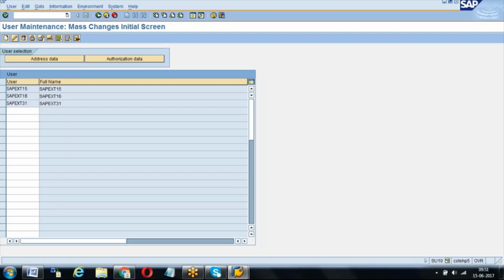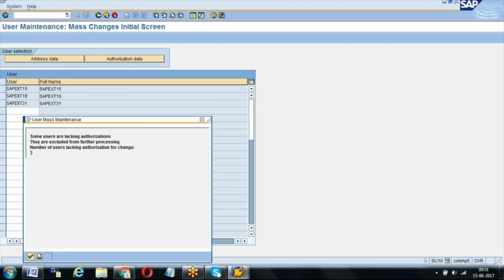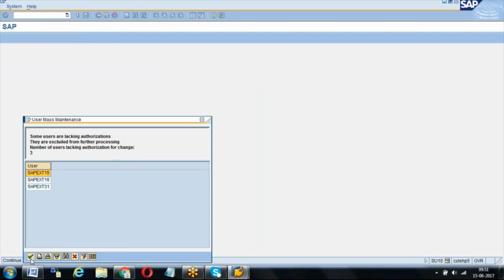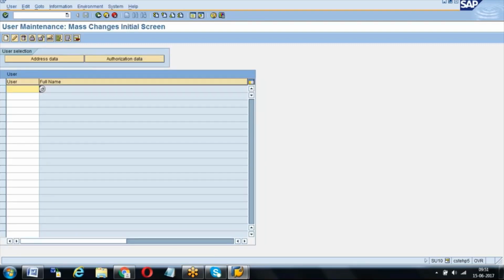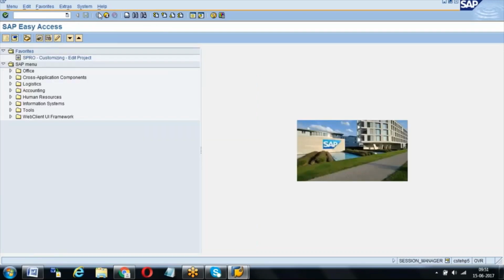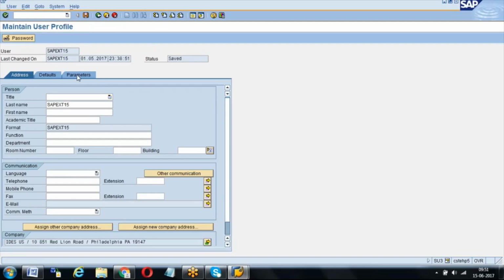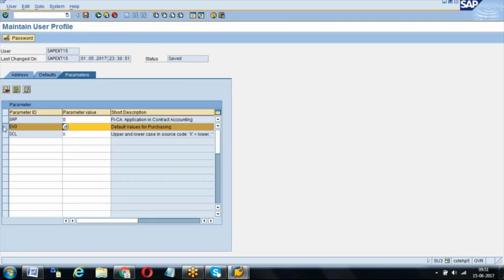Just for information, we don't have access to all these things in the system. They will do it for multiple users, we will mass change. We will just give the list of users and what parameter you want to maintain to the security consultant. Then the security consultant will maintain. If you want to maintain only for yourself, you just go and maintain like this. Then that source will come automatically. Or else the assign source of supply, we will just assign manually.